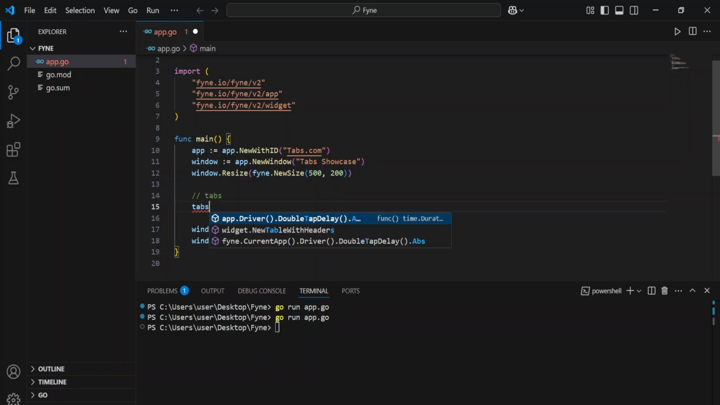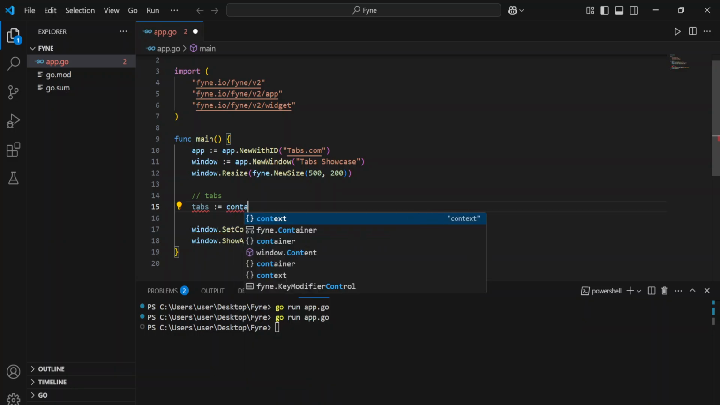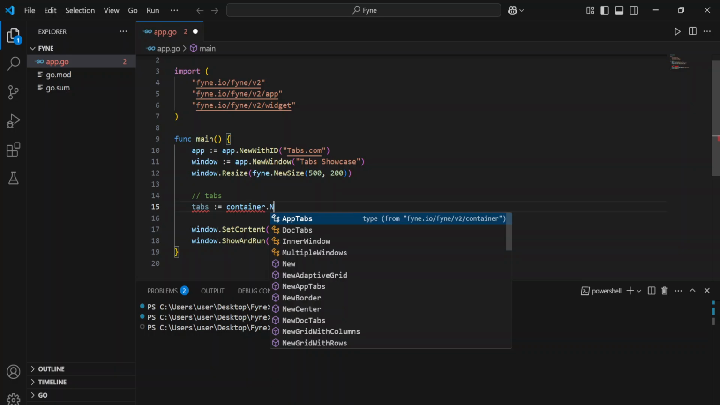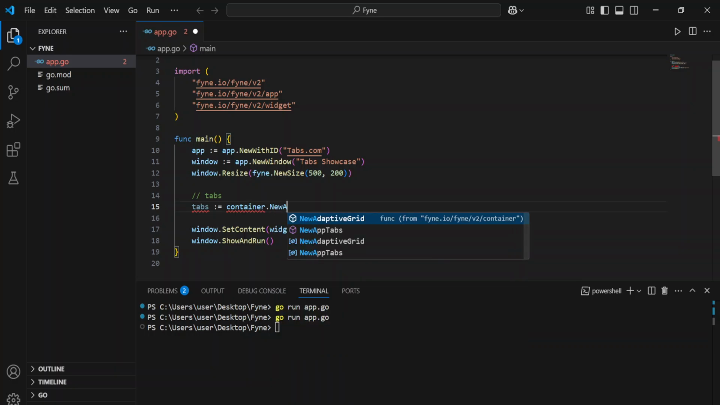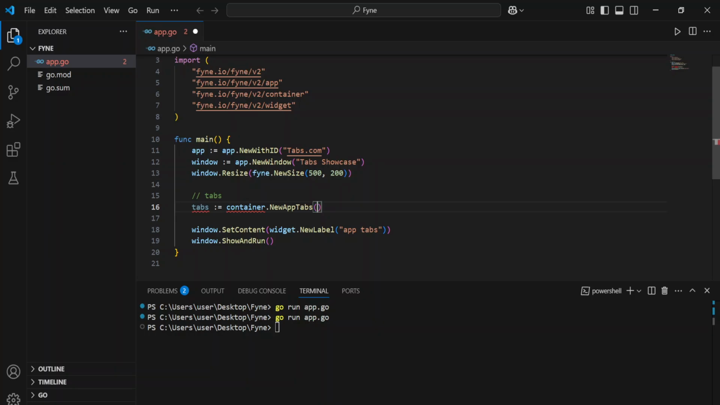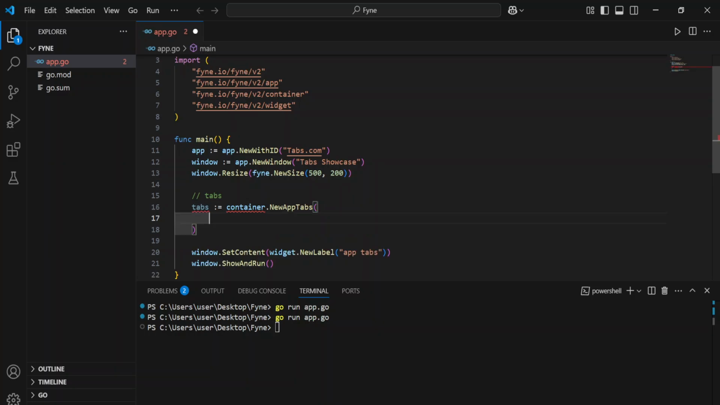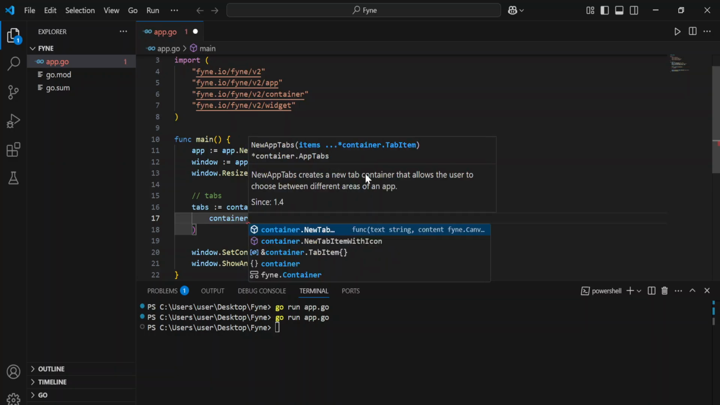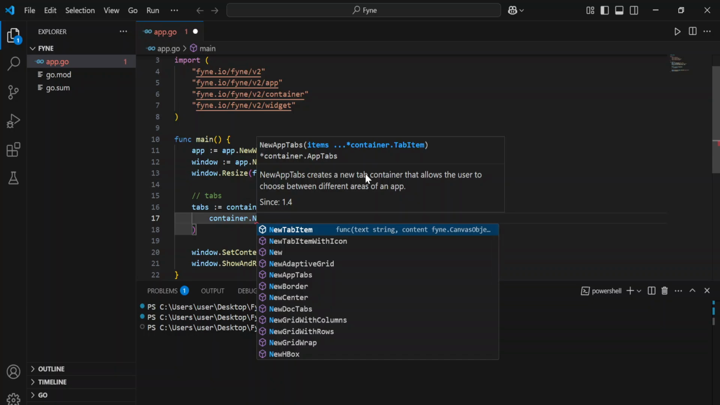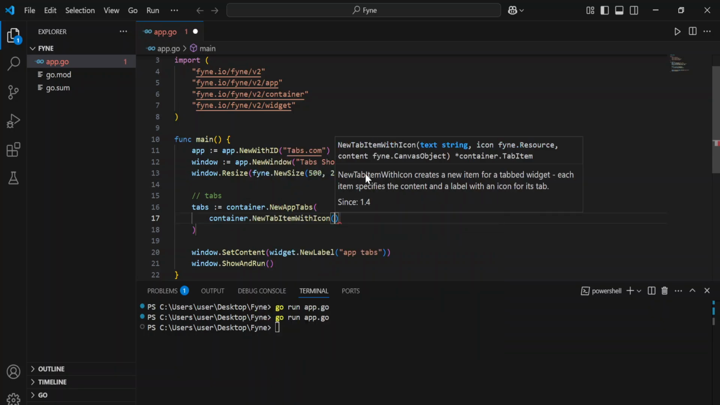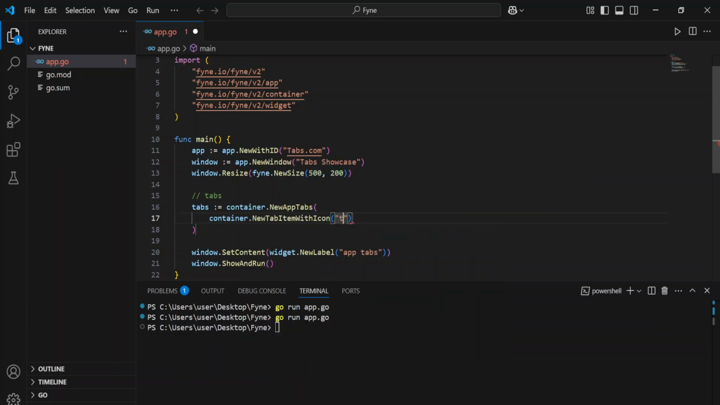Can just call it tabs. Let me say container dot NewAppTabs, and then you're going to add your tab items. So you're going to have container dot NewTabItemWithIcon. You can of course add with an icon. So you can say with an icon, and then we can say test,